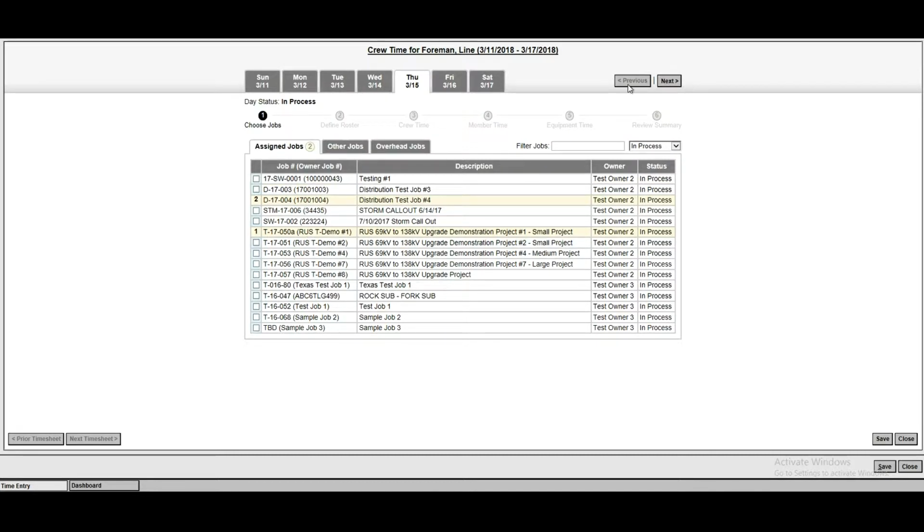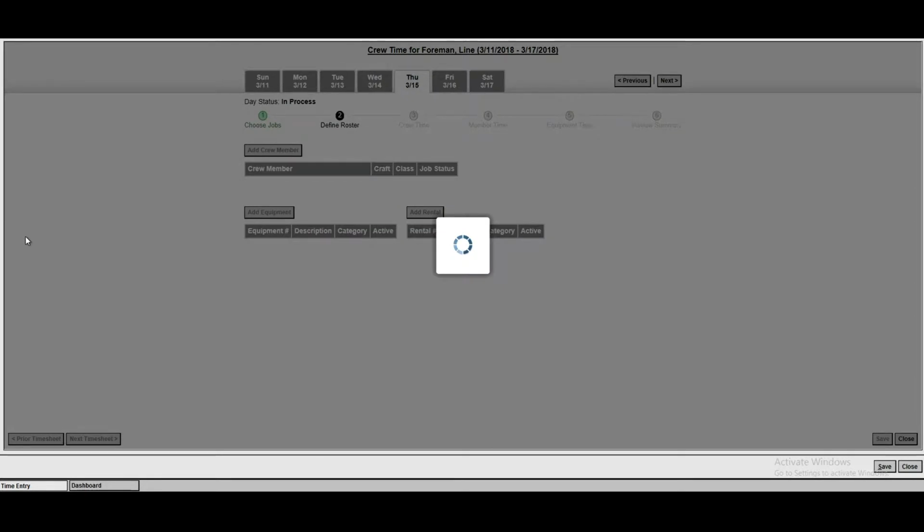Once we're done with that, we go next. It's going to go ahead and bring in the crew. The crew is going to be whatever that foreman's crew was yesterday. So any modifications or changes that were made yesterday are now reflected here in today's time. And we note that